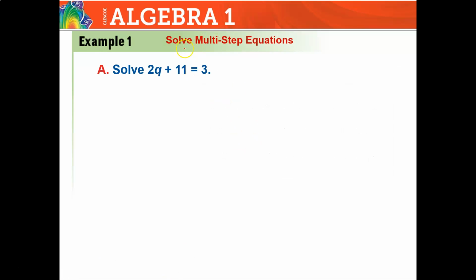So let's solve this multi-step equation. Draw your line. We're going to use SAD. So we're going to subtract and add first. We have multiply by 2, add 11. So our first step is going to be subtract and add. So we're going to subtract 11 from both sides. 11 minus 11 is 0. We're left with 2q